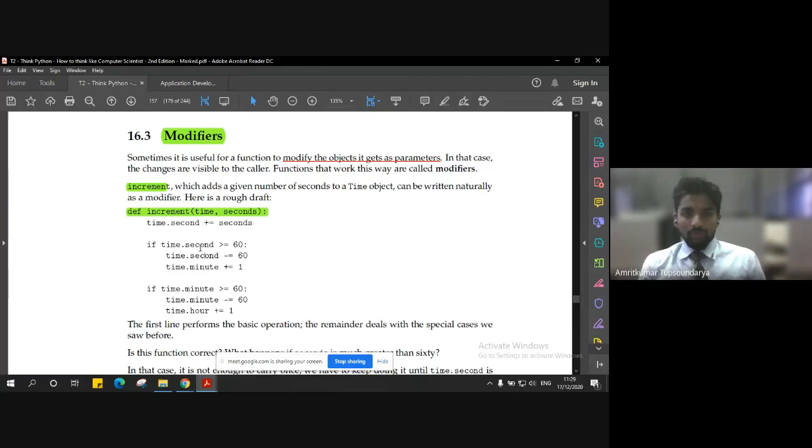But as a better programming practice, it is always suggested to have a pure function wherever possible. But if you see any advantage of having a modifier there, then it is recommended to have a modifier as well. So that's the motive of having a modifier.